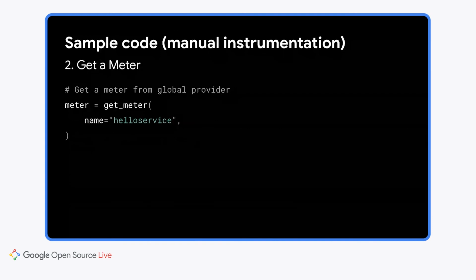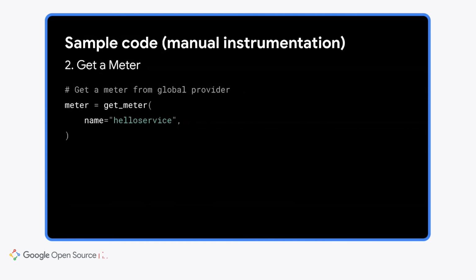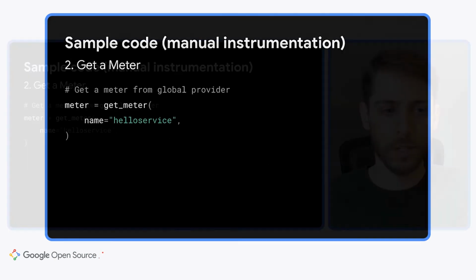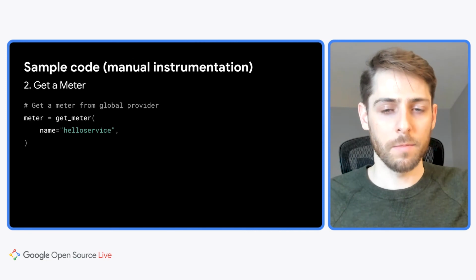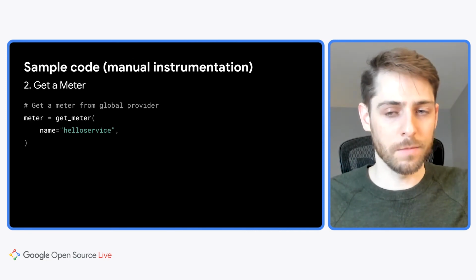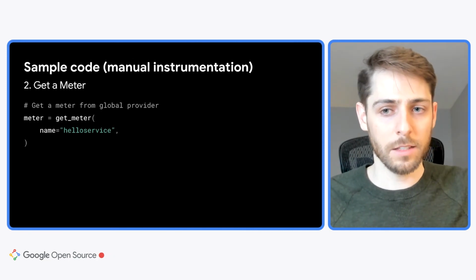So the next step was to create a meter. You can just call get meter once you've set the global provider, very easy. The name field here, again, is to identify the meter as a namespace for metrics. You could think of most logging APIs, you pass a fully qualified class name to them, so you can identify the log is coming from that file or that class. It's the same idea here. So if you have maybe a metric that's misbehaving, you can just turn it off altogether because you know where it's coming from.